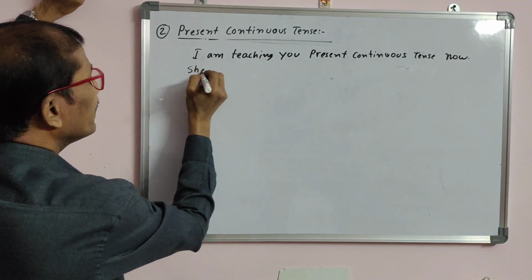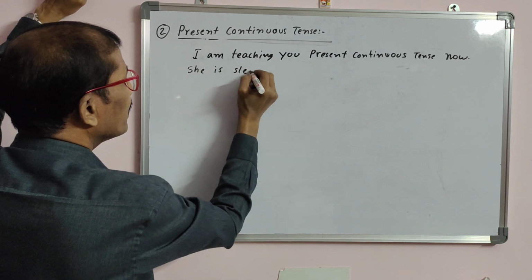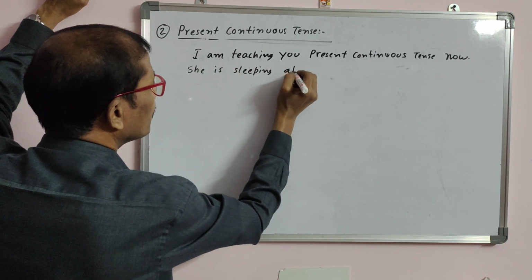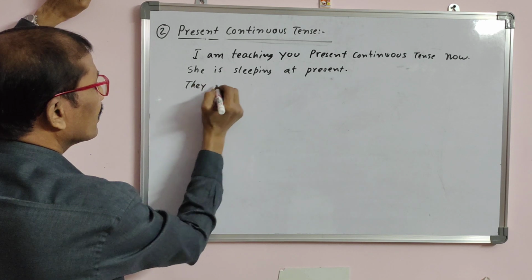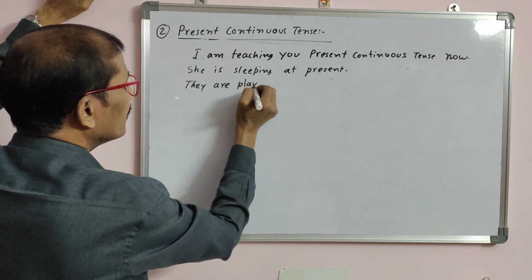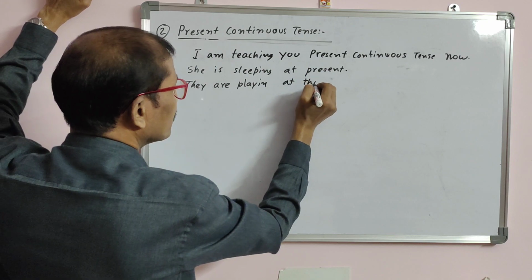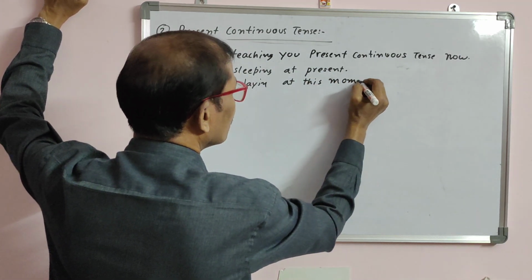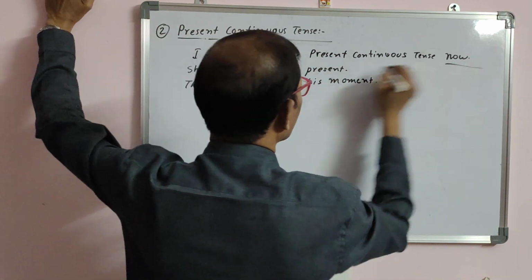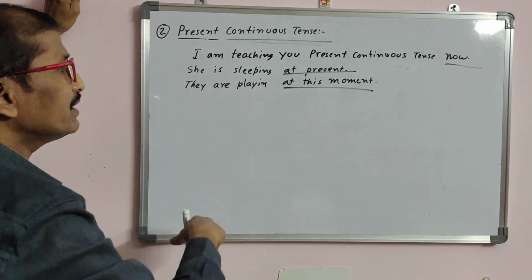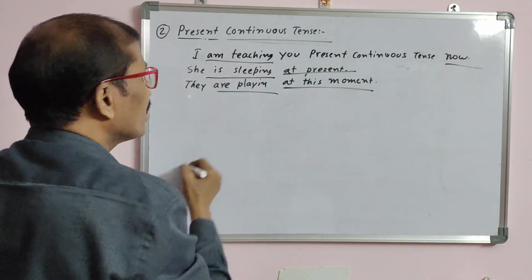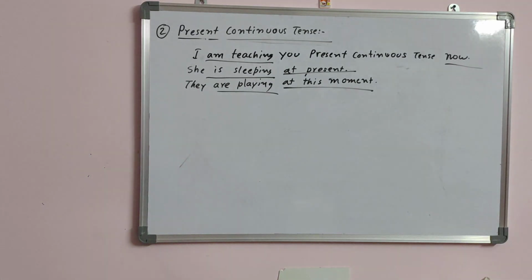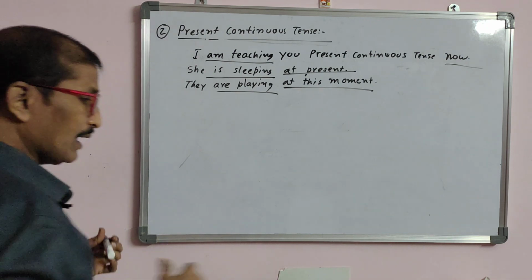Okay? She is sleeping at present. They are playing at this moment. These all indicate an action that is going on at the time of speaking. Now, I am eating, I am teaching, he is sleeping, they are playing. Understand, my dear? For these, we use present continuous tense. And